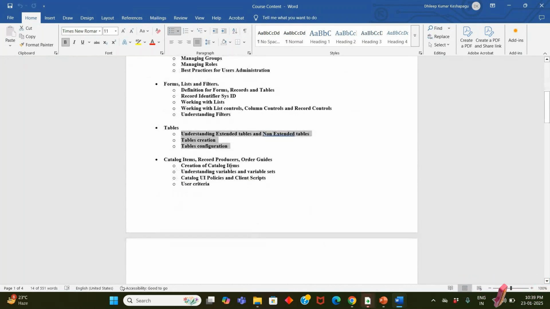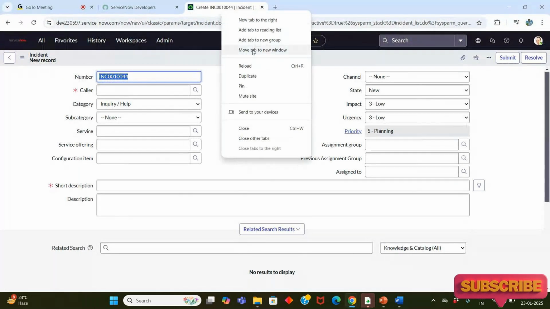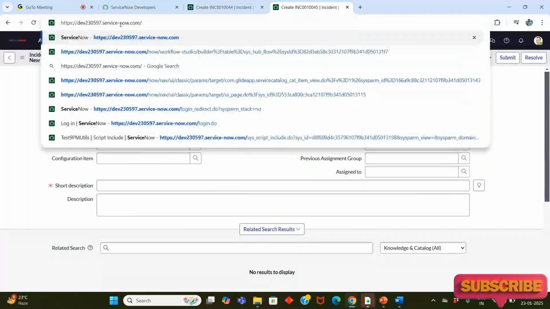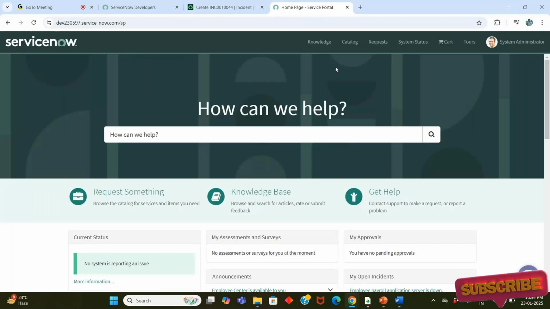Catalog items, record producers, and order guides. As I said, right, you can raise a request by logging into some portal, right? Something like this. See here. So this is some portal, a default portal, out of the box portal given by ServiceNow. This is called end users portal. Okay, any end user can access this portal, and you can see here, you can raise a request by clicking on this request something,